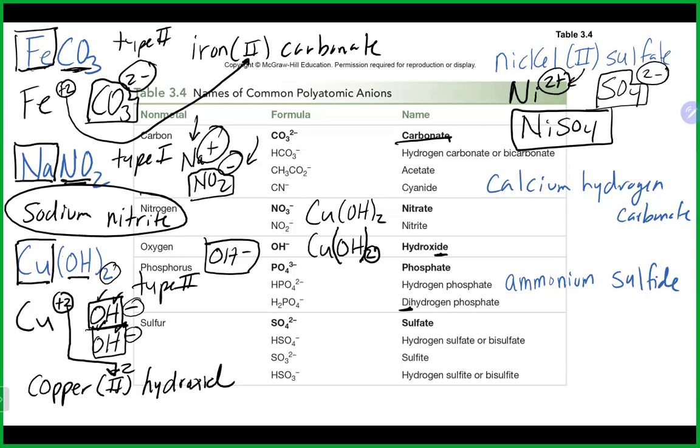Calcium hydrogen carbonate. I see calcium, which is a metal, and it is group number 2 on the periodic table. That means it has what type of charge? It does have a +2 charge. It's one of those fixed ones. Again, a reminder, as we talked about, right? +1 in group 1, right? +2 in group 2. +3 with aluminum. We skip